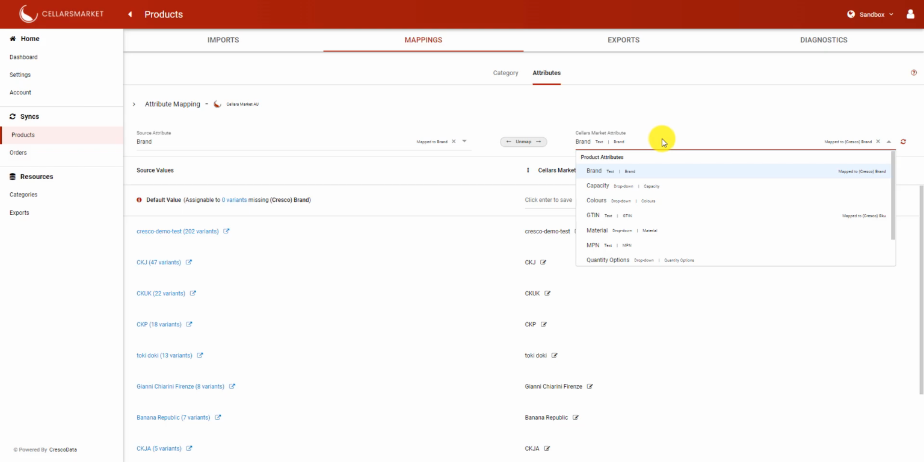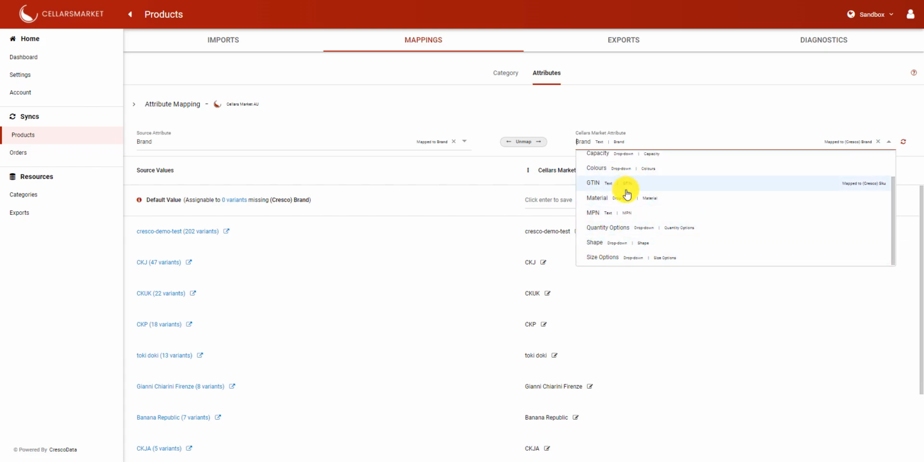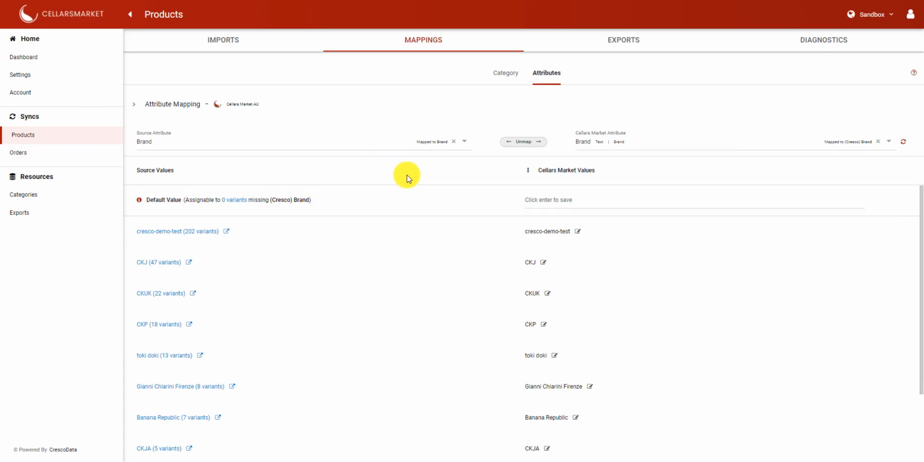The most important attribute that needs to be mapped is this GTIN. So being able to map the GTIN to the most appropriate attribute in your e-commerce platform, that's a requirement. But there's also other bits and pieces that also can be mapped. Once you've completed all of the mappings, then we'll go ahead and synchronize the products into CellersMarket, where you'll be